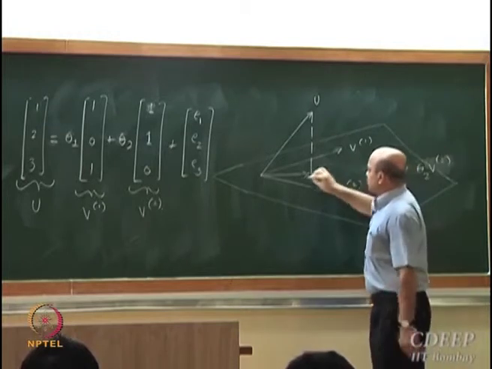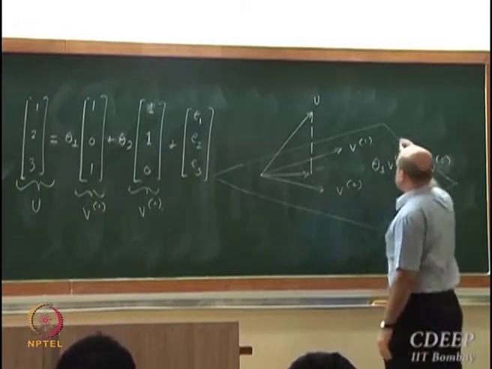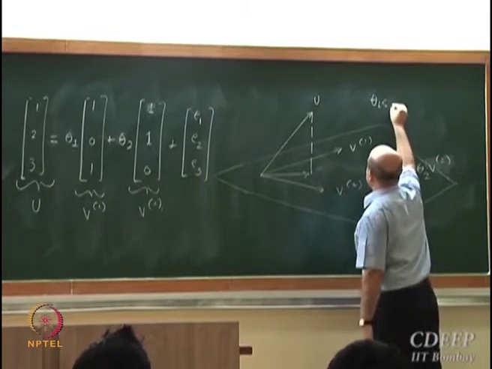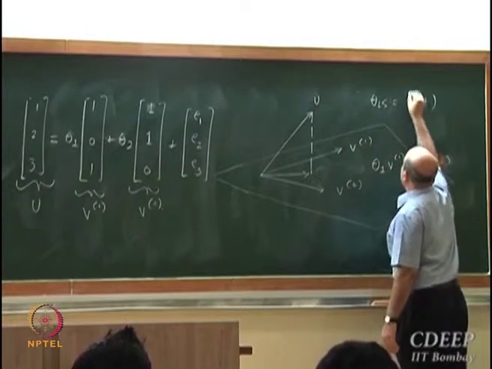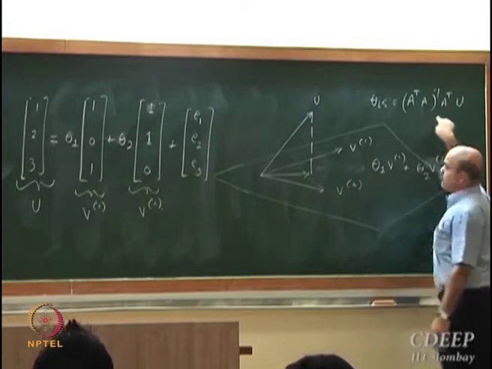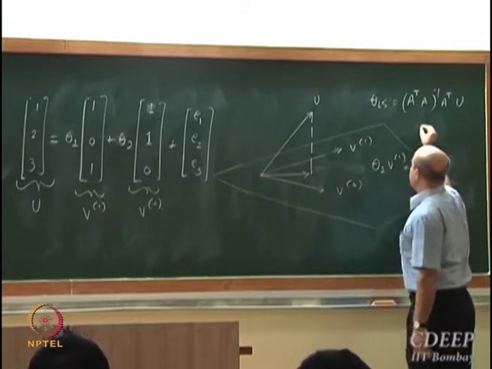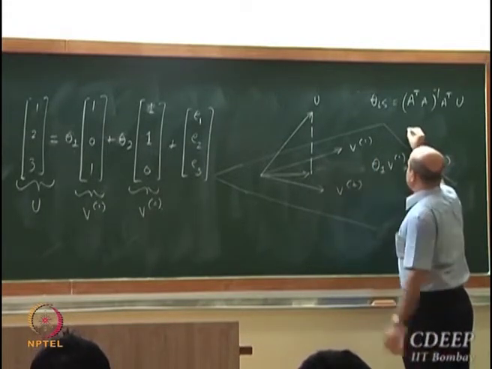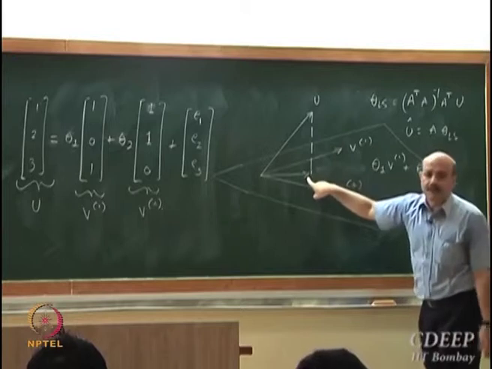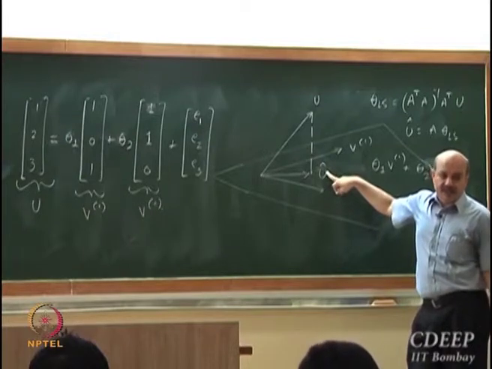So what I actually get by solving, what should be the theta that gives you this? Theta least square should be A transpose A inverse A transpose u. This will give you the theta, and this particular vector would be this approximation. Let's call this u cap; it will be A times theta ls. Okay, u cap is my approximation.